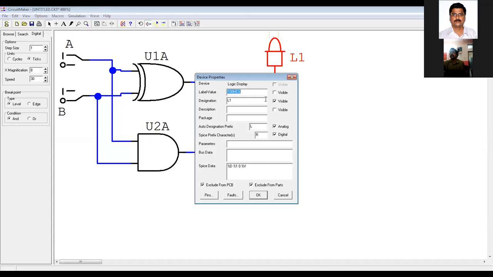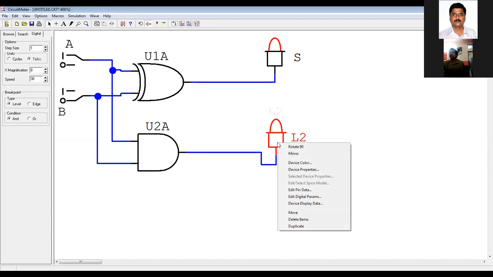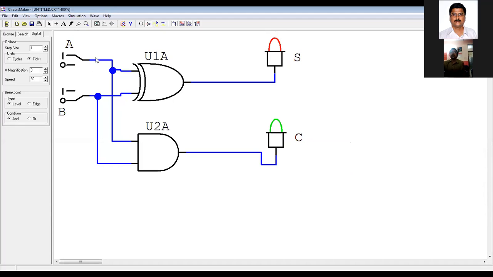That is sum. This is carry, right? And now let me run the circuit.